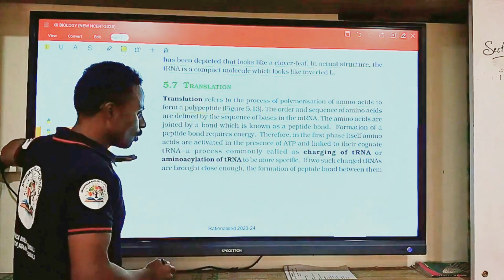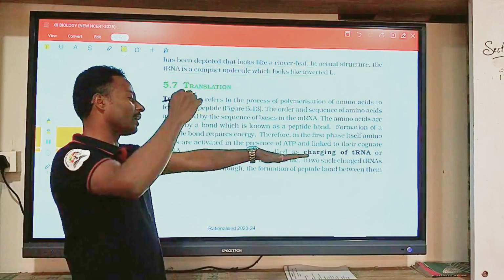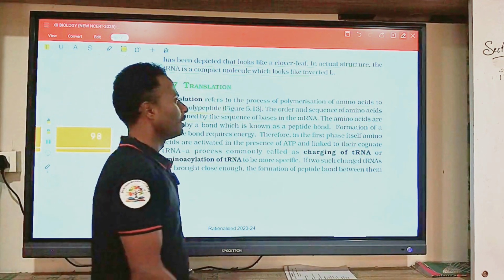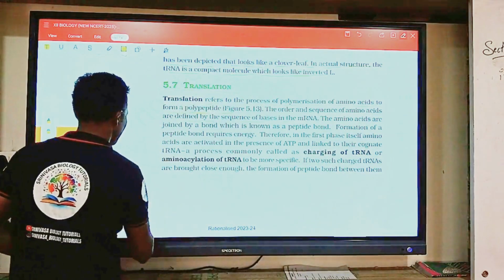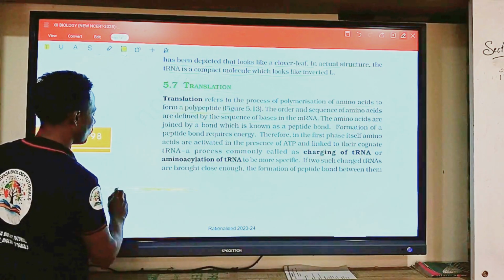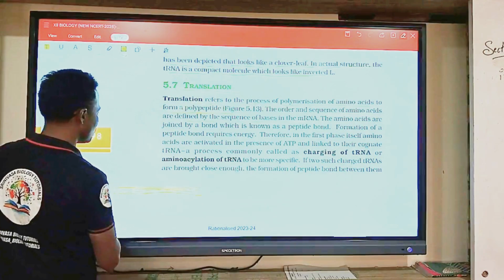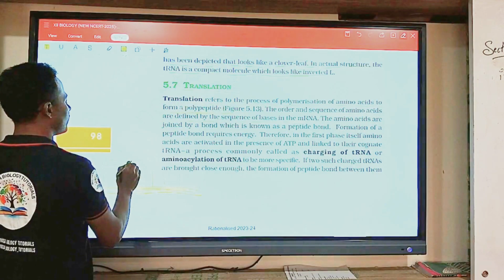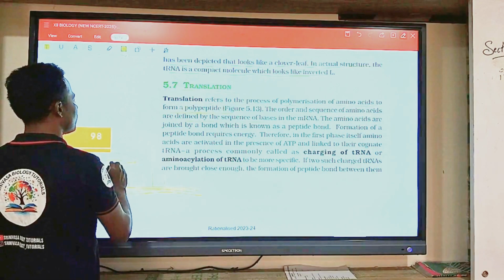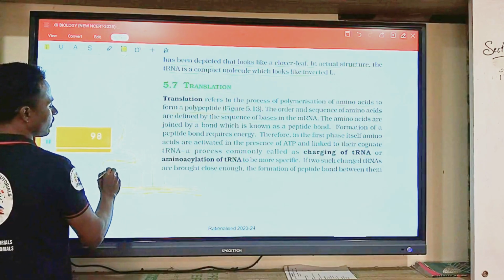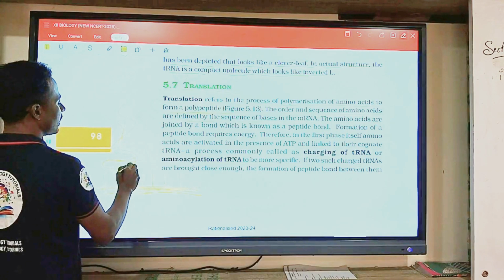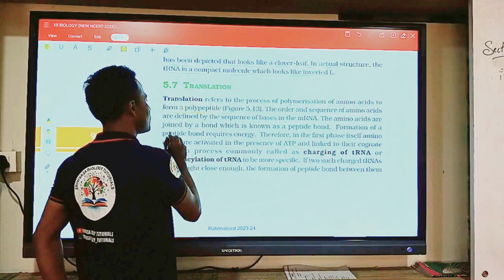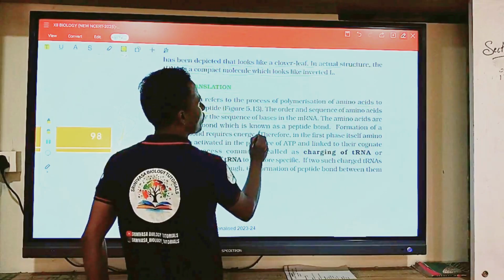So here one codon is completed, then another codon completes, and they bind to the specific mRNA strand. For example, here it is given as an mRNA strand, right? It is one part of the mRNA strand. So here the different amino acids bind to the specific region. The amino acids are joined by a bond known as the peptide